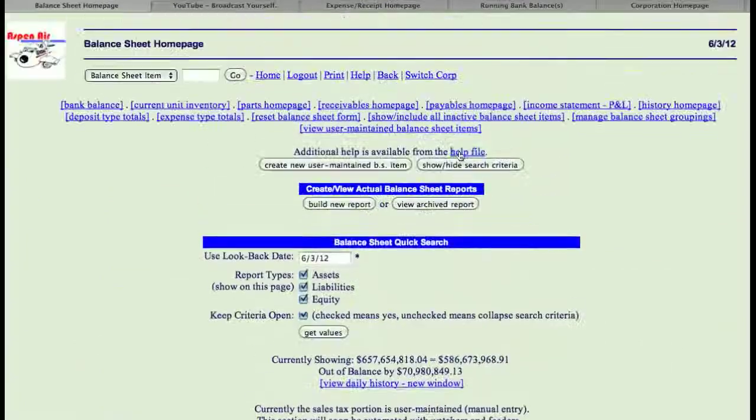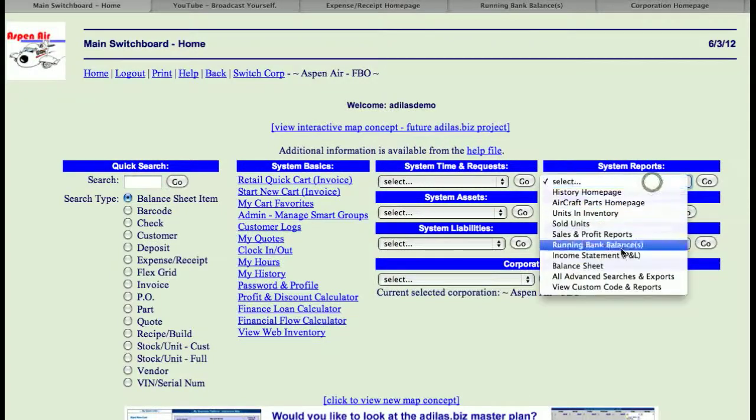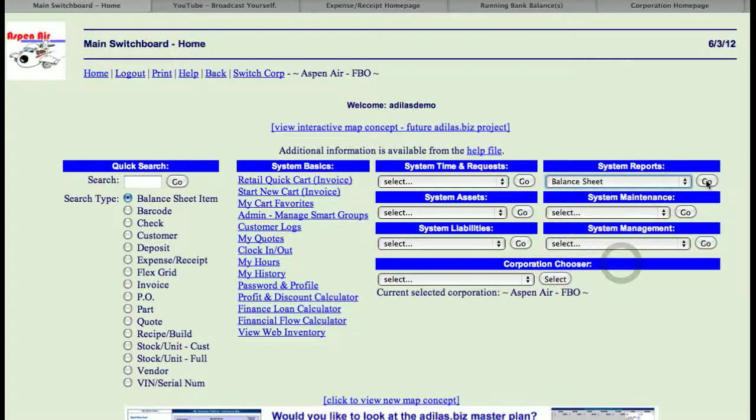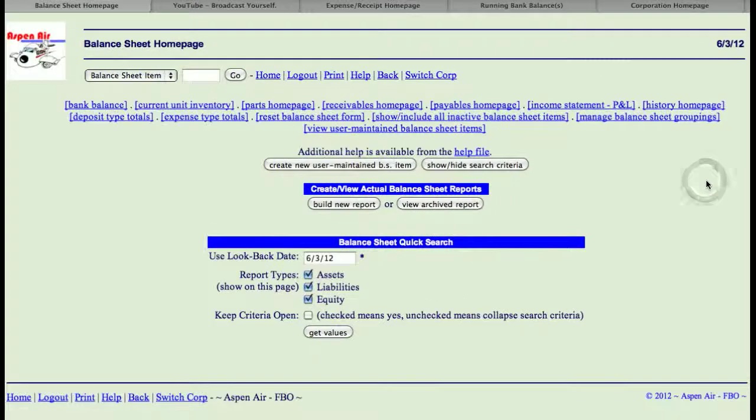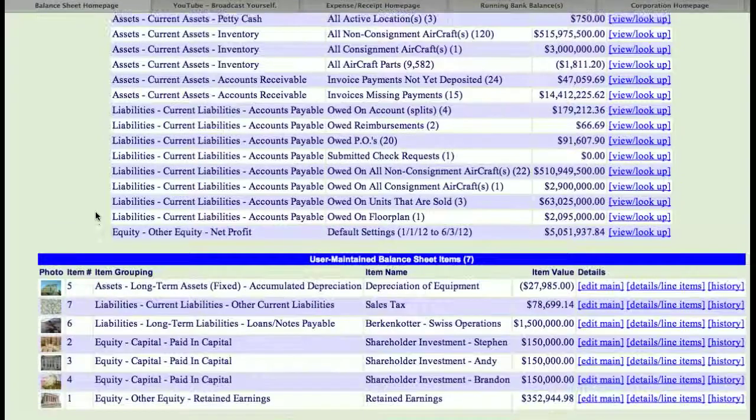So once again, this has been a tutorial on the balance sheet. The way I found the balance sheet was I went from my home page underneath balance sheet, under System Reports to Balance Sheet. Once you're on this balance sheet, you would click on to keep your criteria open, set your date, and get your values. Now, the view that you see here on the first one is your